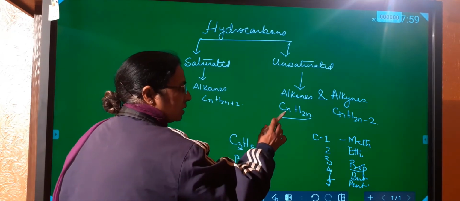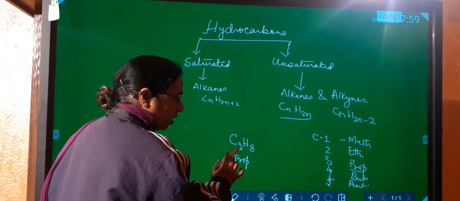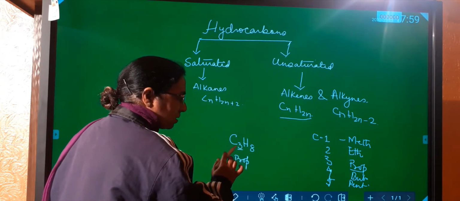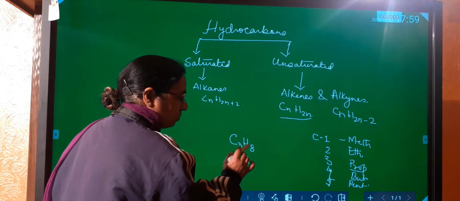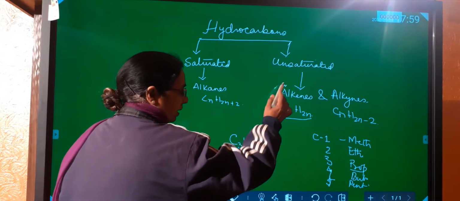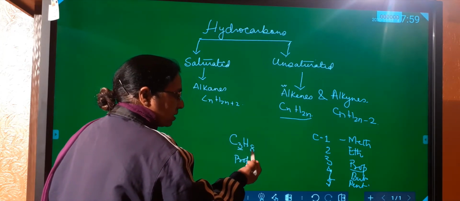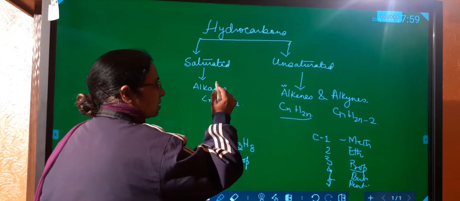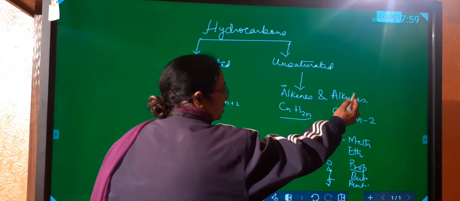Why? CnH2n. That means if this is C3 and H is just the double of it, 2 times 3, that means if H were 6, then it would have been an alkene. And if H is more than 2n, that means it is an alkane. If it is less than 2n, that means it will be an